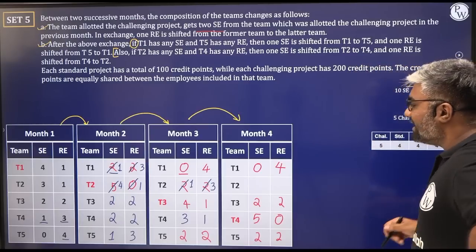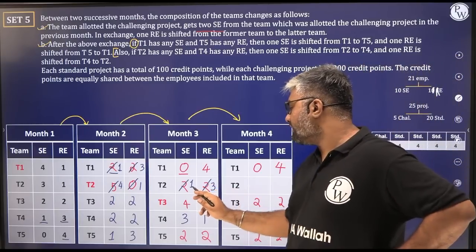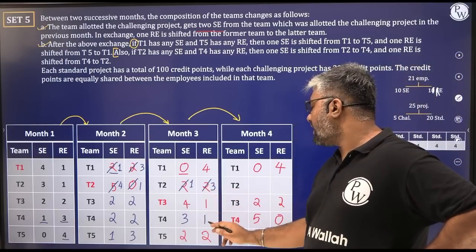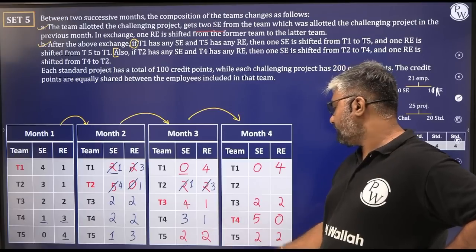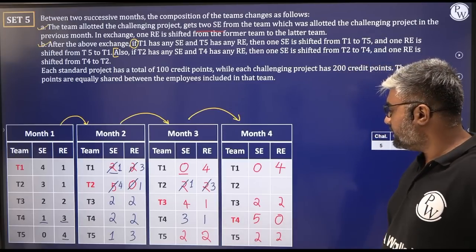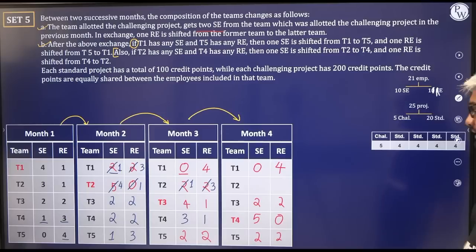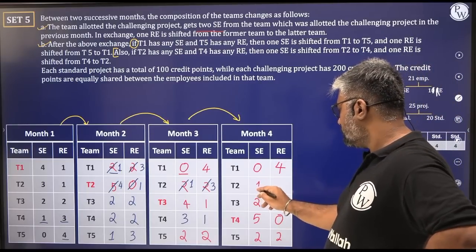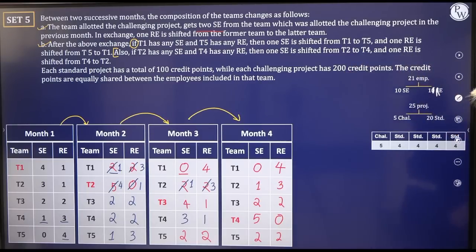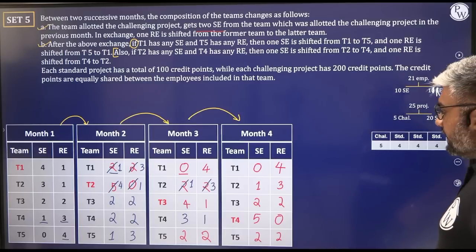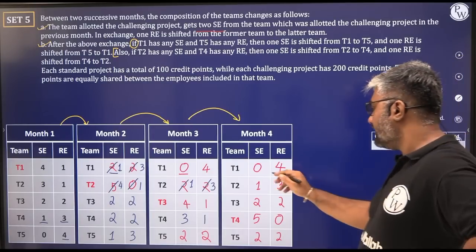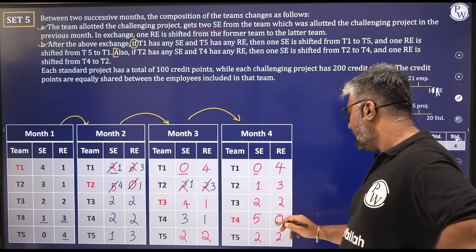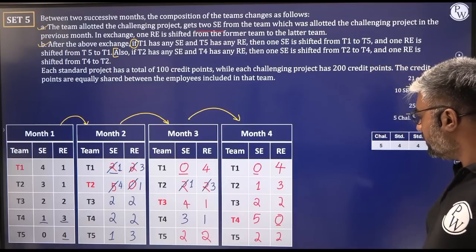But with T2 and T4 again, same thing. Does T2 have an SE? Yes, it does. Does T4 have an RE? Yup, it does. Yes, but unfortunately here it does not. So I think here also we don't have to do it. 4, 4, 5. This will be 1 and 3. Because T4 now does not have an RE at all, right? T4 का RE नहीं है, इसका SE नहीं है, इसका RE नहीं है. So I think here we are good enough to go.